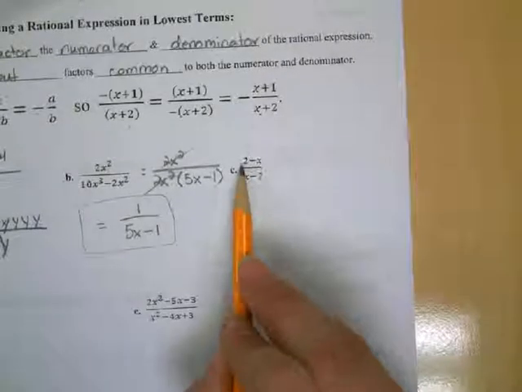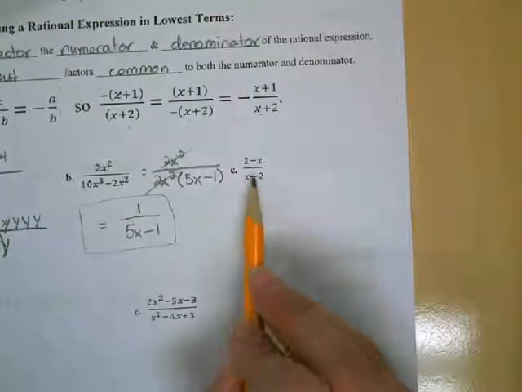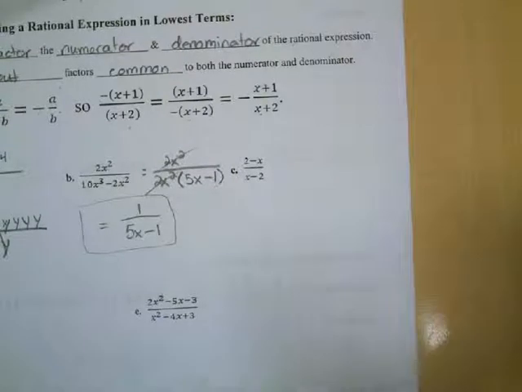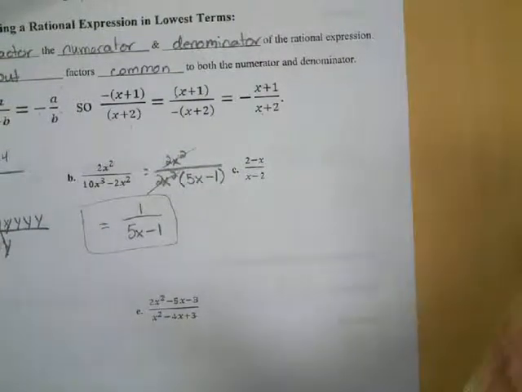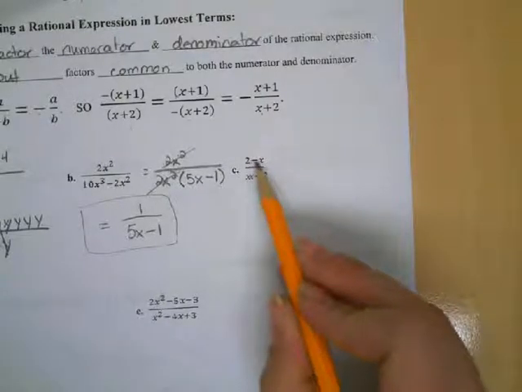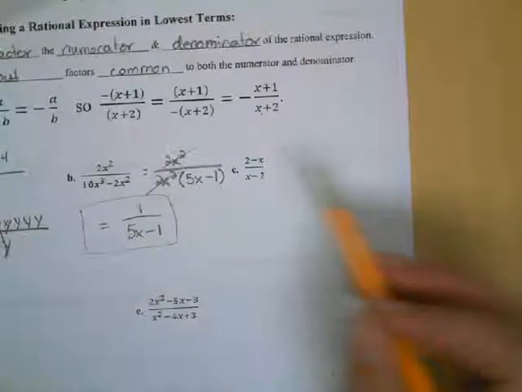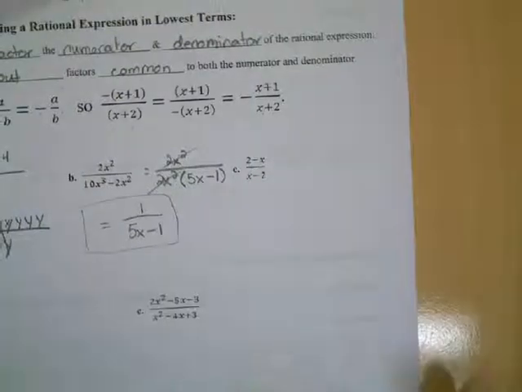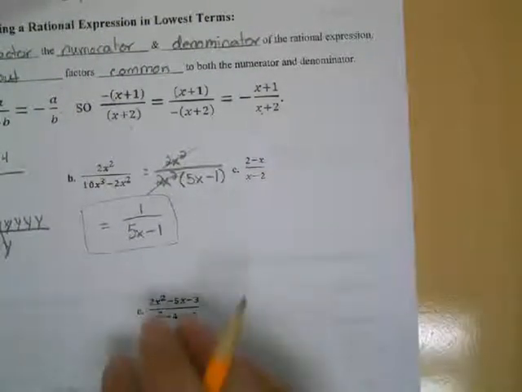I've got 2 minus x and x minus 2. To cancel, they have to have the exact same signs. Okay, they have to have the exact same signs. So I can't cancel this. This has a negative x, this has a positive x. That doesn't work. But if you remember from factoring, especially the factoring by grouping, the split the middle, if I